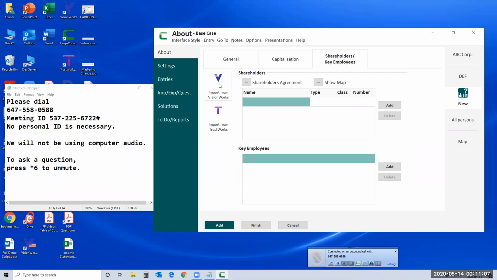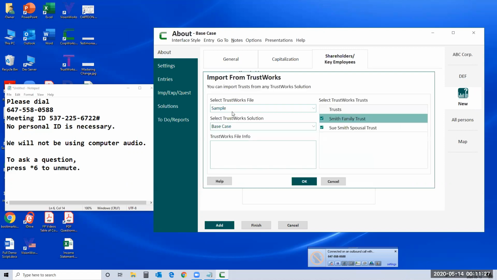Or in the case of a trust that owns the shares of the private company, you don't need to set up the trust in any great detail, but you do need to complete the about page for the trust in order to at least set it up basically. And then you have the ability to go and import the trust. So you can see there's a sample plan for TrustWorks. I can select the base case, and then I can import the trust as a shareholder of the company,